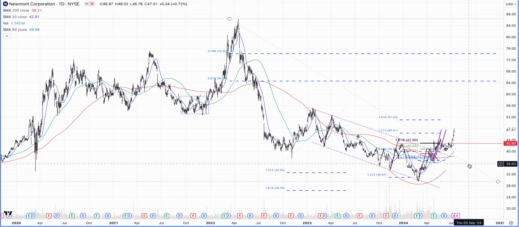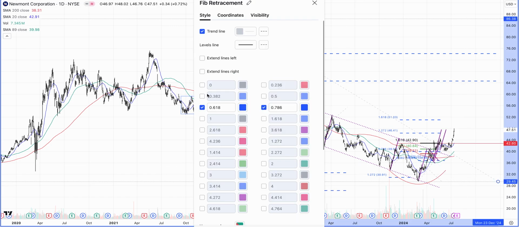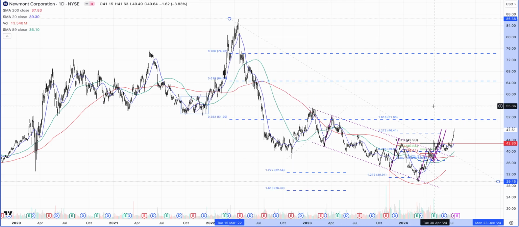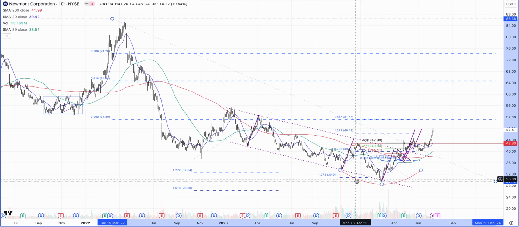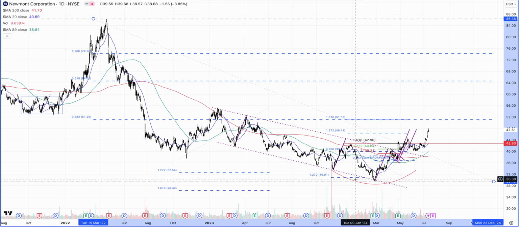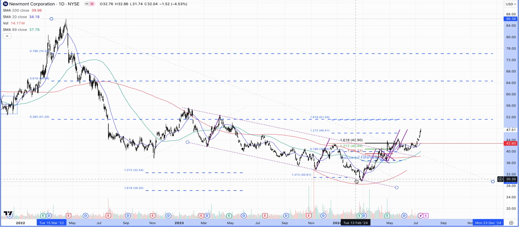Oops. Let's see what we get. Maybe I should have done it on the weekly chart. Yeah, so I think $50 is where this market is going to go. Then we could have some good resistance coming in from the structure as well. But $50 is what we are looking at, so about $2.50 up to the upside. This is really short-term stuff that I'm talking about.